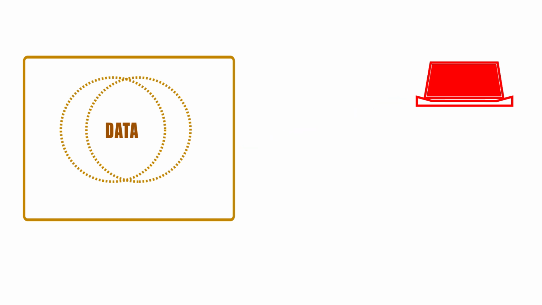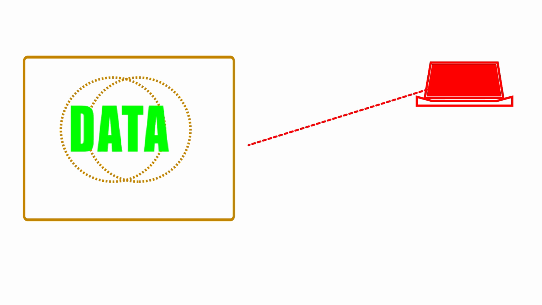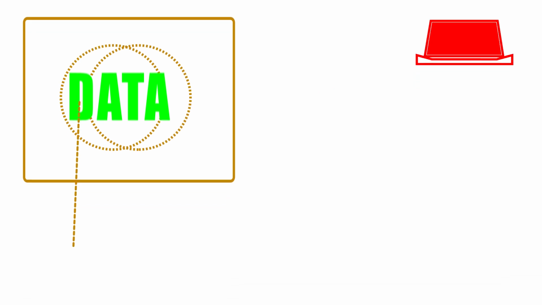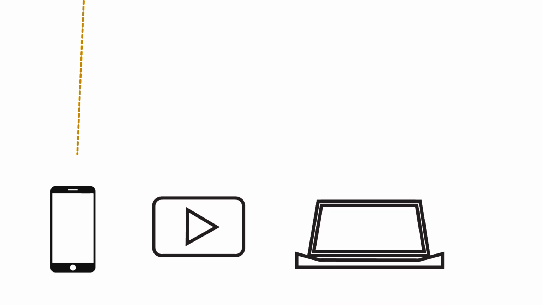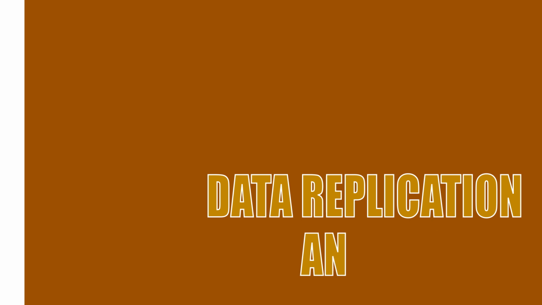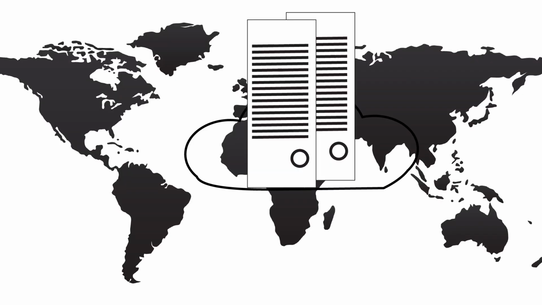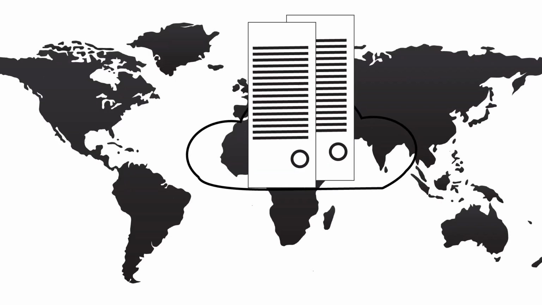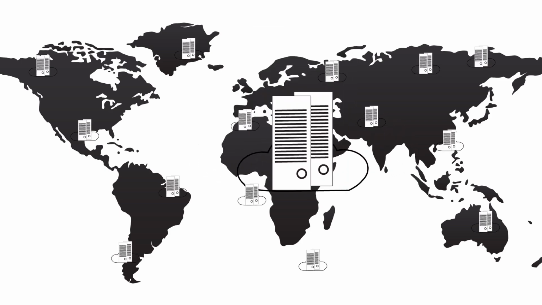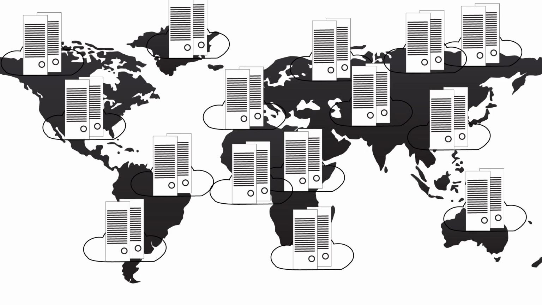Result delivered. The processed data or requested resource is sent back to the user's device. For example, the user sees their uploaded file, streams a video, or gets computational results. Data replication and backup. Simultaneously, the cloud creates multiple copies of the data across different servers in various geographic locations to ensure high availability